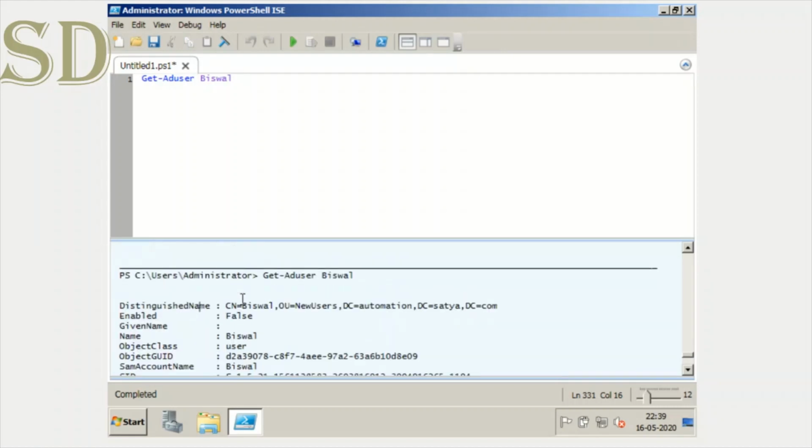You will be amazed that there are lots of fields in AD.